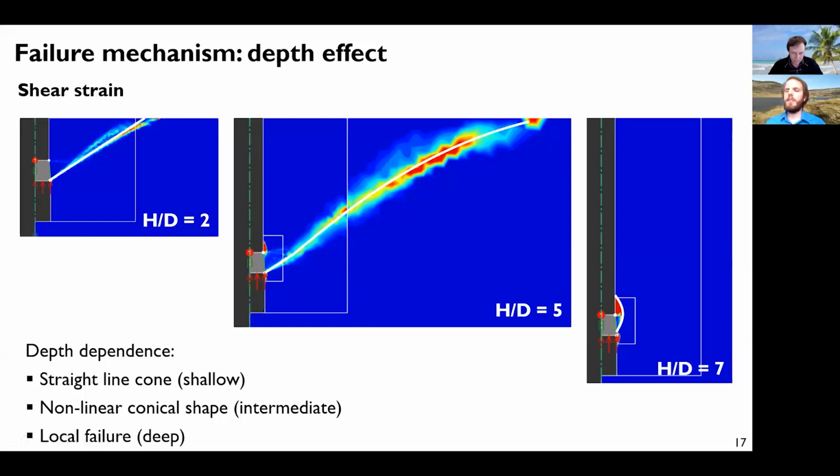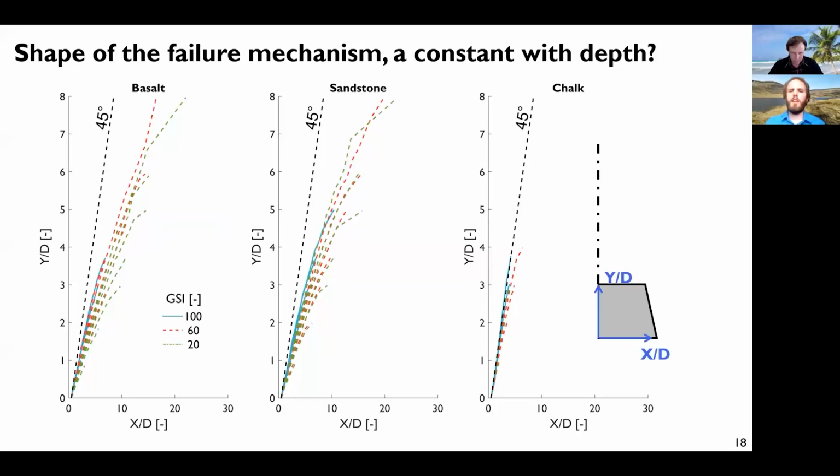So this was never considered in the analytical models that we used before. And I will show you that this has implications on the design. So now, if I collect the data, the position of this failure mechanism for all of the different rock types that we investigated,